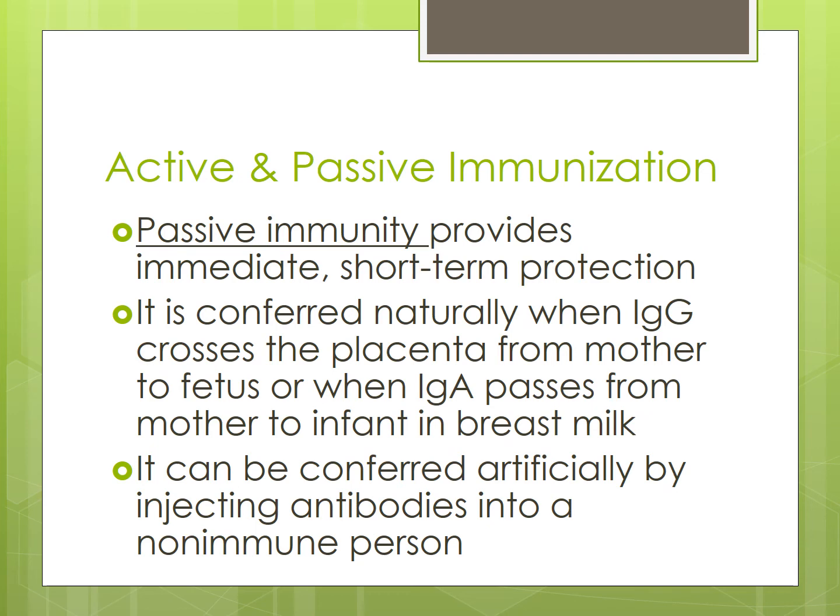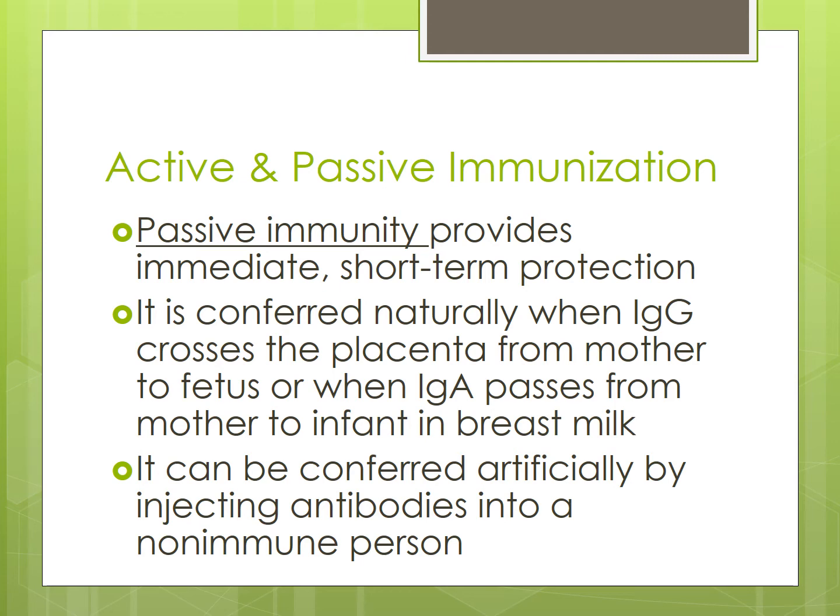Versus passive immunity, this usually has to do with that you have gained immunity from something else. Usually this has to do with if you are passing immunity from the mother to young, and this is traditionally done through the placenta, or it can be done through breast milk. There have been studies where a sick mother who pumps will watch how her breast milk changes based on whether she's healthy or sick, and you'll see that the breast milk actually gets darker when she's sick because it's chock full of all of these antibodies that she's now passing